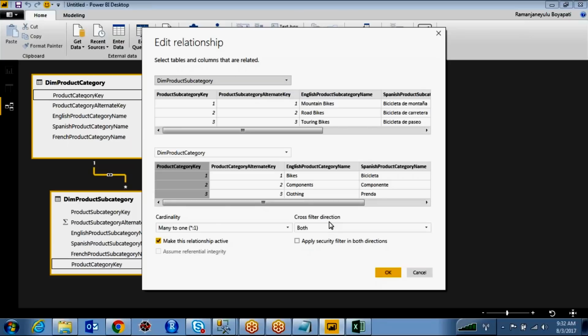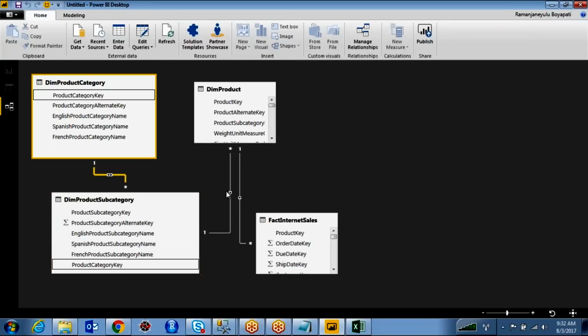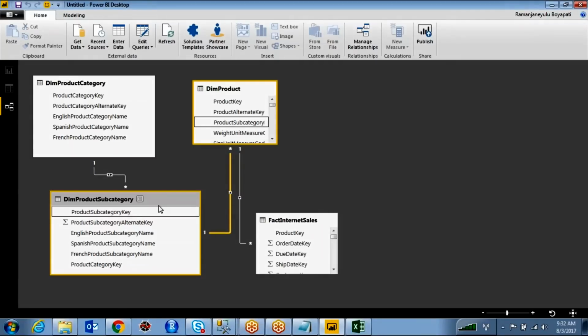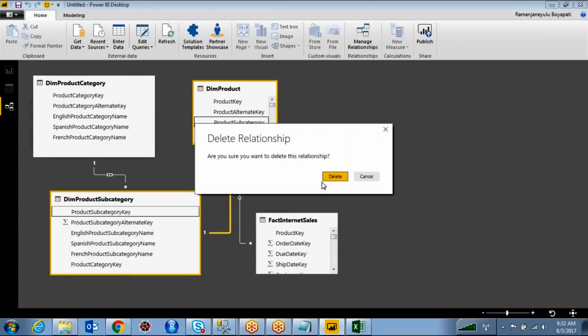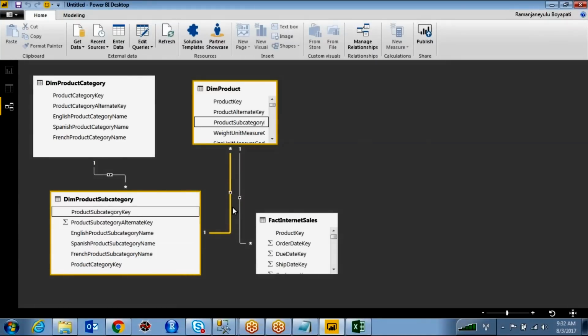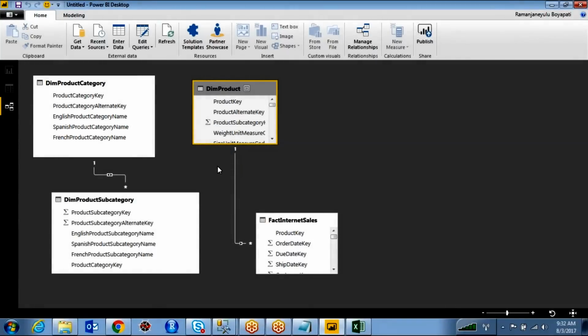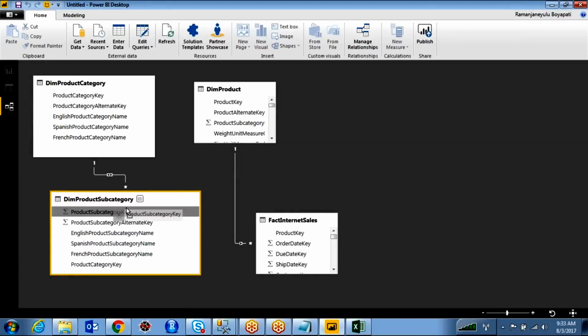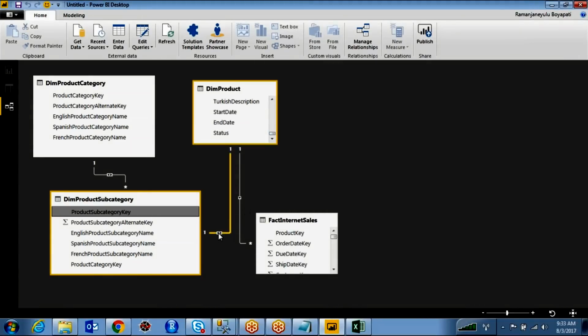Okay, this is very important. So in this way, if you want to make a relationship between the tables, for example, I don't have a relationship between dim product subcategory and dim product. How can you make the relationship? I don't have anything in between these two. So you just drag and drop product subcategory and move it onto this. It will create the relationship.